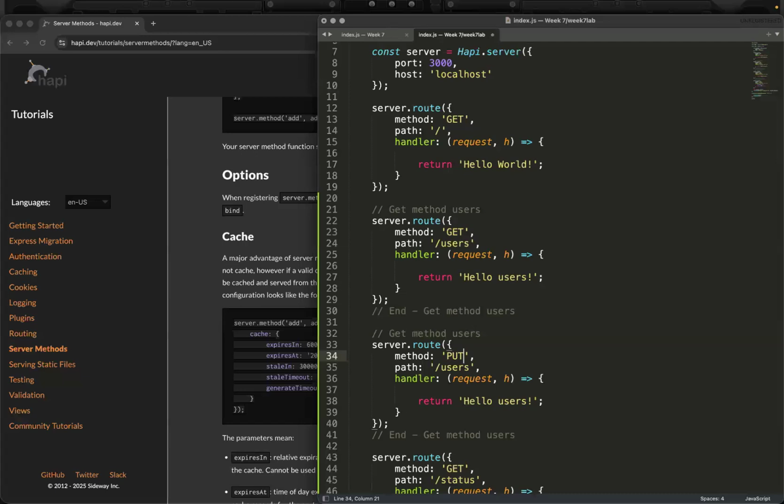Let's say we have the same branch name, called user profile. With GET we are only retrieving data. If you want to update the user profile information, you can use the method POST, or you can use PUT. Both of them are different, but here's the thing: no matter whether we use POST or PUT,